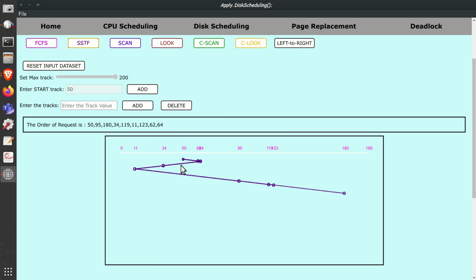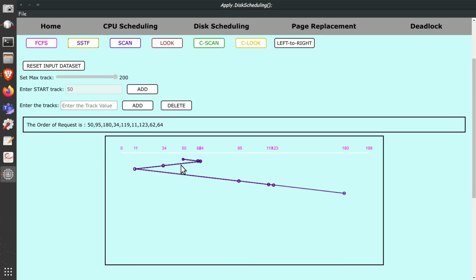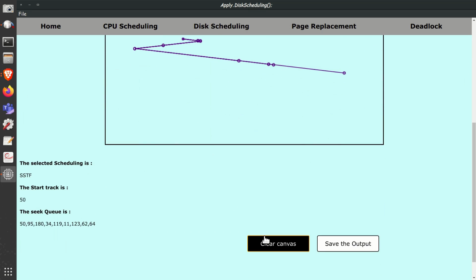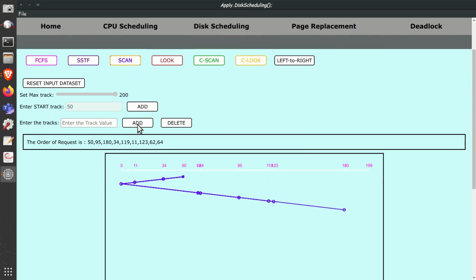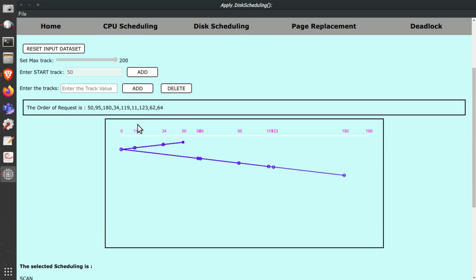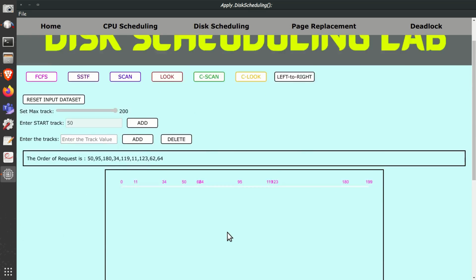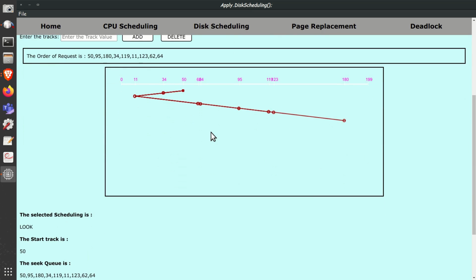Likewise, I am going to clear the canvas each time and perform the implementation of all the 4 other algorithms. This is the implementation of scan algorithm. This is the implementation of look algorithm.